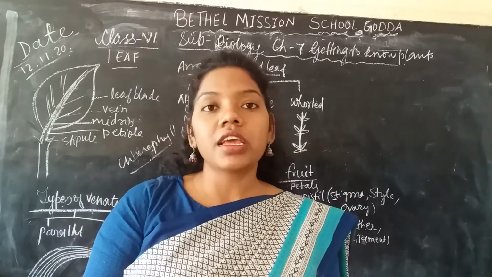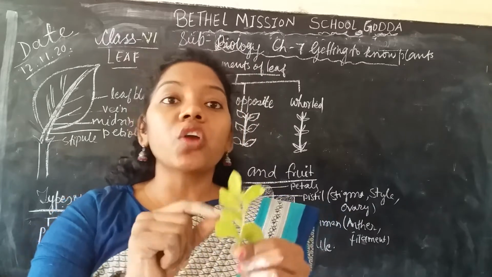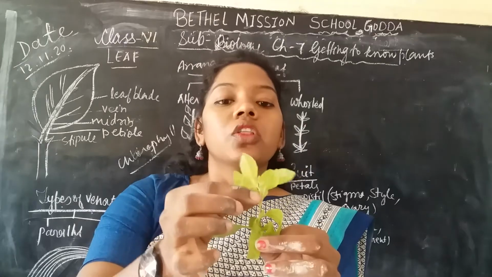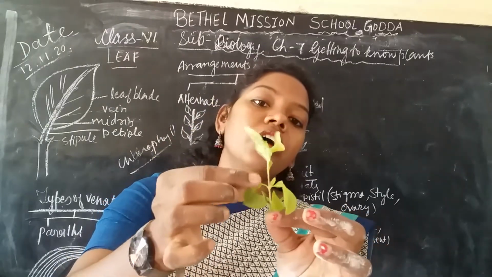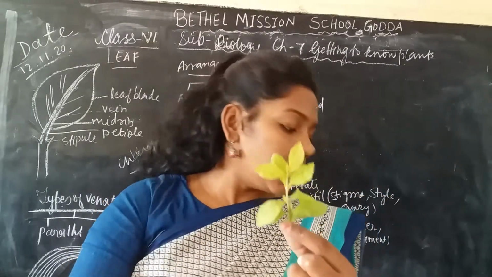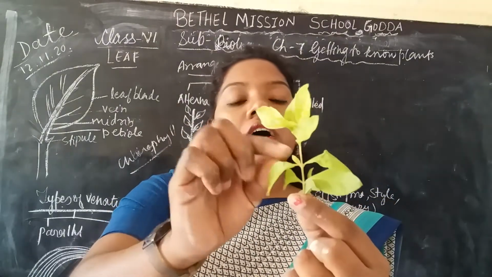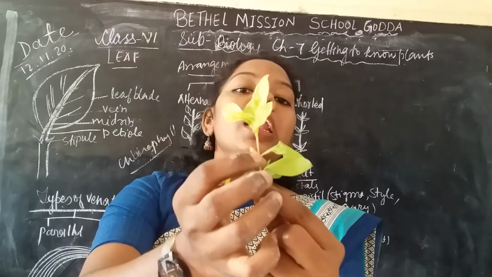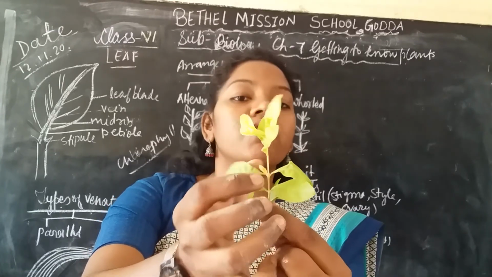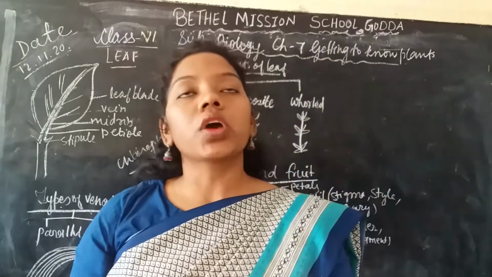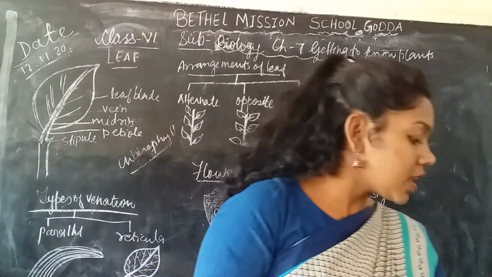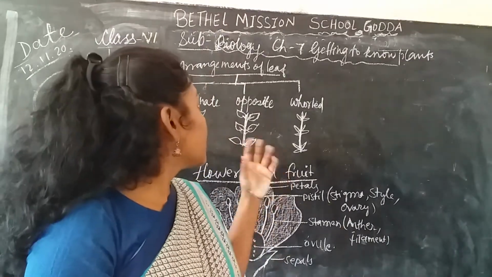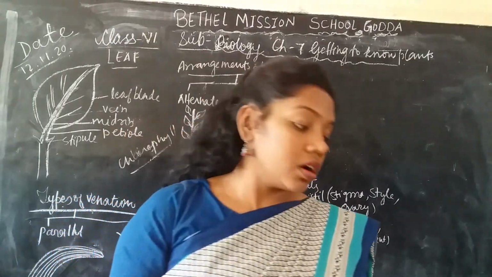Rolled way means the leaves come out from the same node all around, in all directions. Okay, here it is not an example of roll, but I'm just telling you that from the same node two, three, four or five leaves come out. So this type of leaf arrangement is called the roll arrangement. So these are the arrangements of leaf we talked about.